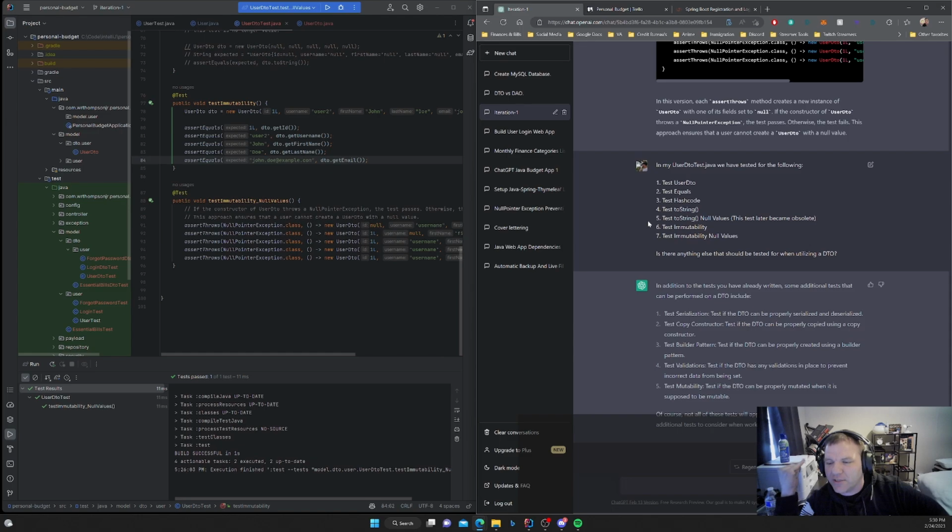It's test for serialization, test if the DTO can be properly serialized and deserialized, test copy constructor, test if the DTO can be properly copied using a copy constructor, test builder pattern, test if the DTO can be properly created using a builder pattern, whatever that's supposed to mean. Then we got test validation, test if the DTO has any validations in place to prevent incorrect data from being set. And then we got test mutability, test if the DTO can be properly mutated when it is supposed to be mutable. Of course, not all of these tests will apply to every DTO.